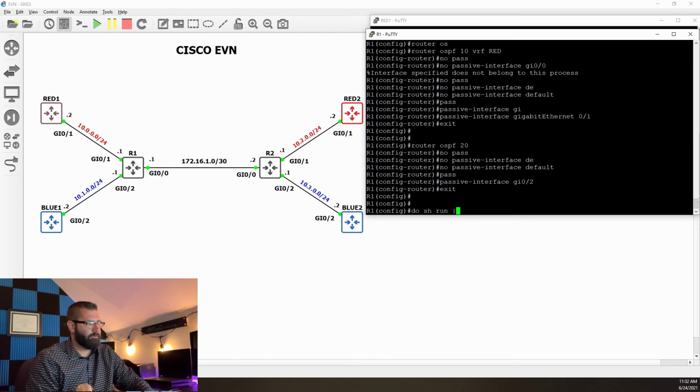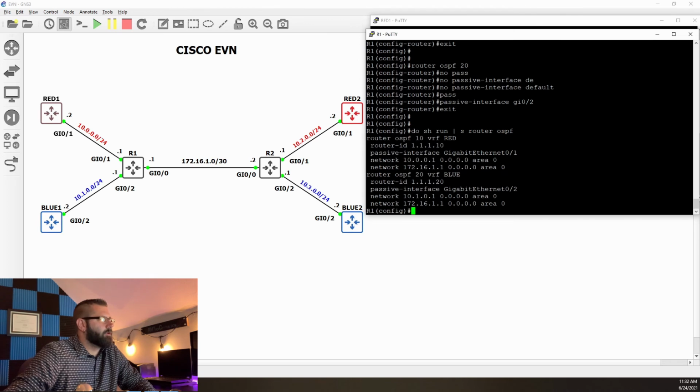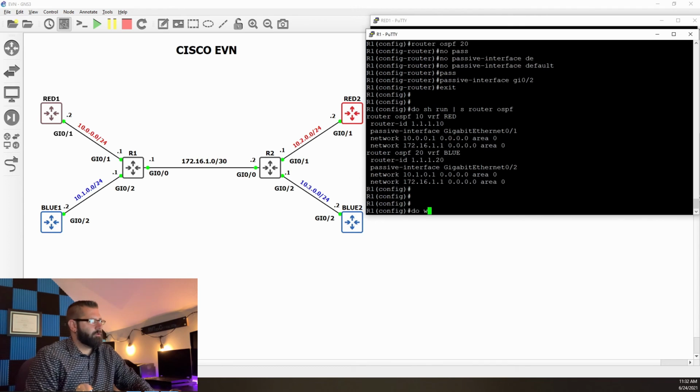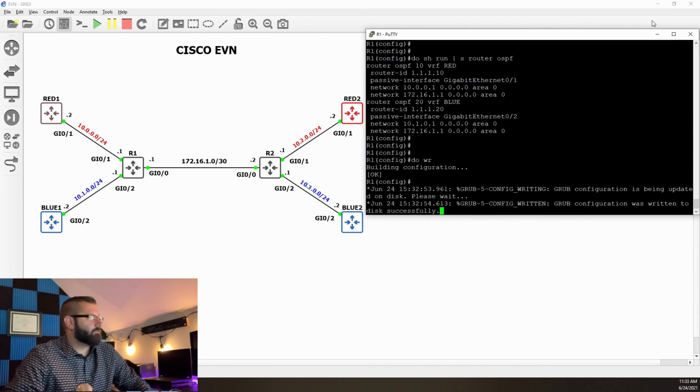Do show run pipe section router OSPF. We have the red OSPF process. All right, passive interface gig 0/1, so we're not going to be sending hellos out there because we don't have to. Blue VRF, passive interface gig 0/2. We have our networks in there, and we should be good. So let's jump over to R2